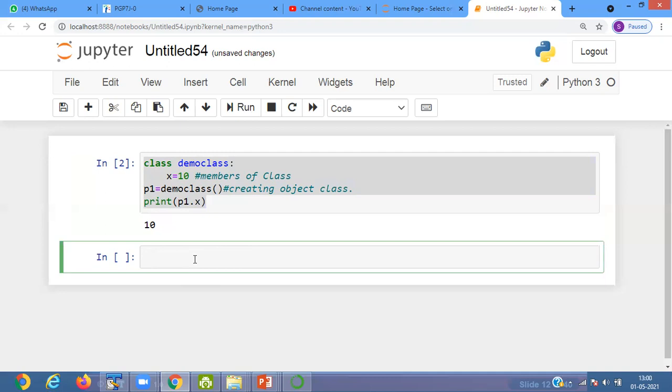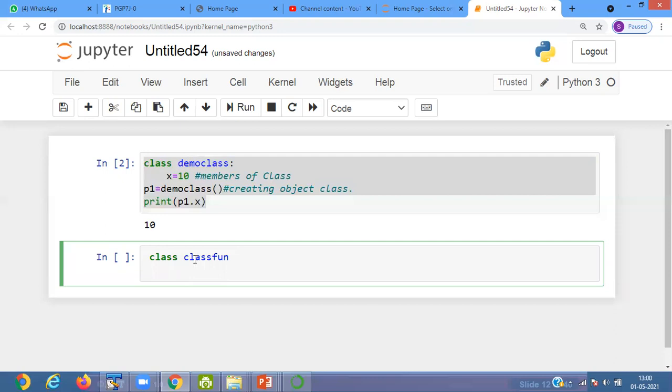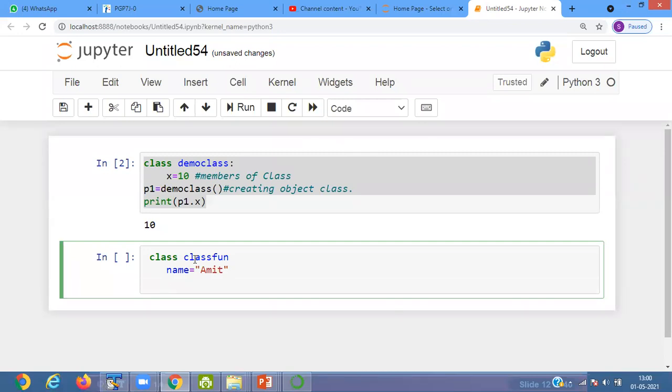The next is how you have to create a function in a class. Class function. Suppose name equals Amit.